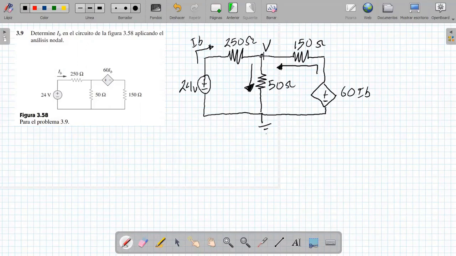Now, doing the current analysis, I'm going to put at that point the currents that enter as well as those that leave. I'm going to give it the name I1, and this one I'm going to call the current I2. So I say the current IB plus the current I2, which are the two that enter that node, will be equal to the current leaving. The current with that direction will be equal to 24 minus the voltage V, because if it has this direction, I am assuming that 24 is greater than V, but the analysis will confirm that later,